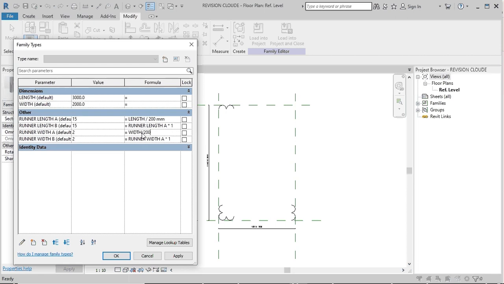That's why this formula is over. Apply, OK. Automatically the full rectangle view for the revision cloud comes.